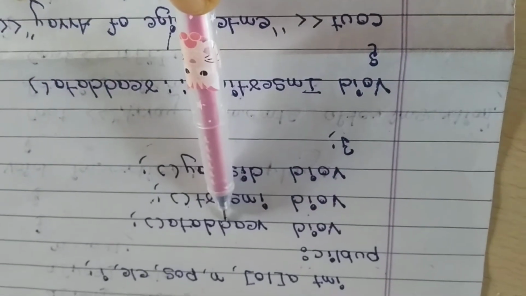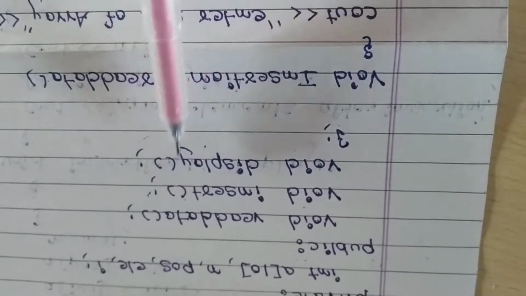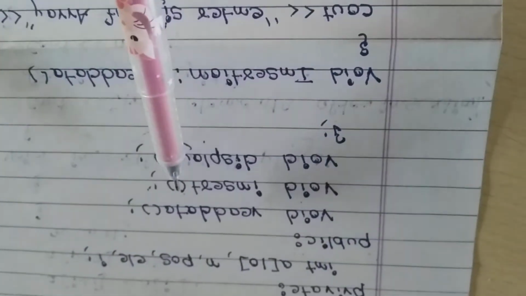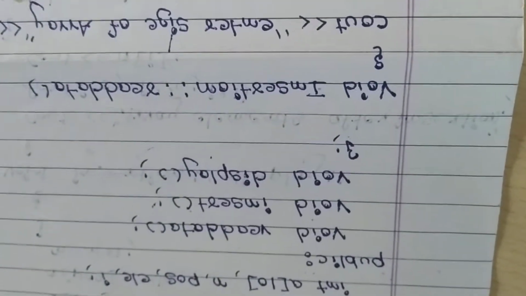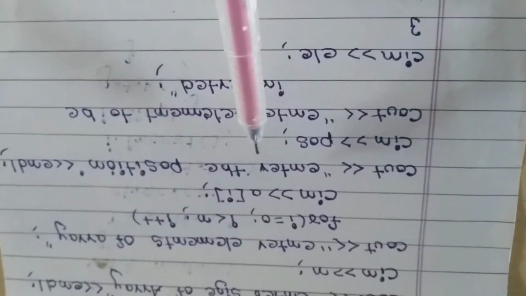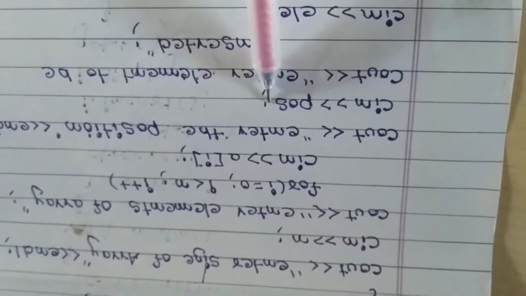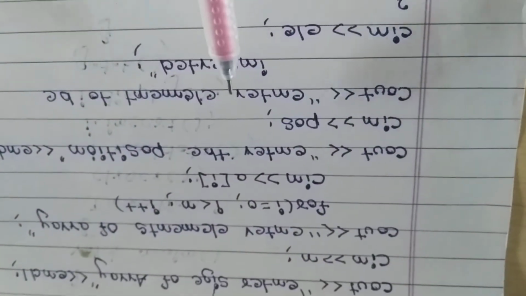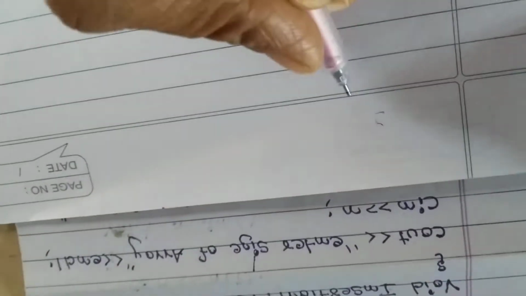Now the first function will have header and body, the second function header and body, the third function header and body. In this function, first we are gathering the required information. Next we will insert the element into the array. After inserting, we will display the elements from the array. Now look here, students. How many memory locations are we using? N, POS, ELE. So N, A of I, POS, ELE. What happens by this I will tell you. Now first we are gathering the information.